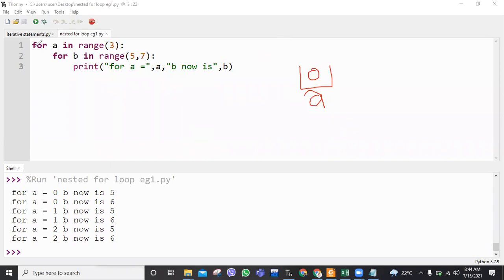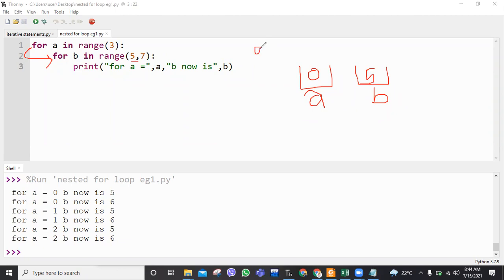Now after that, your program controller gets inside its body. So there again, the program controller finds another for loop, that is the nested for loop. Here we have one more variable, that is b. So as you can see, the first parameter is given. So b is initialized with value equal to 5.